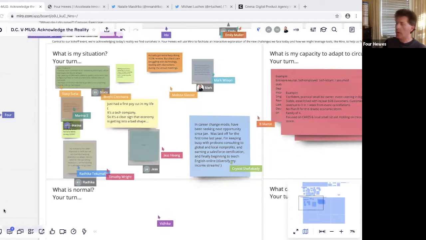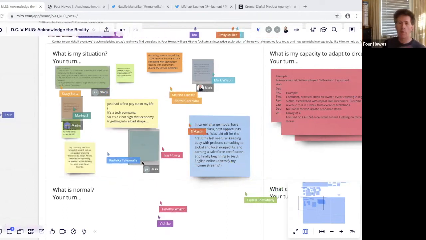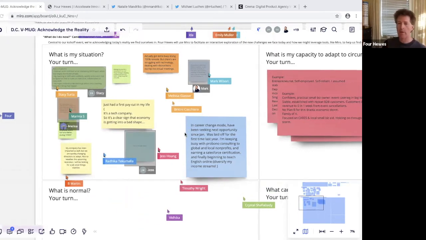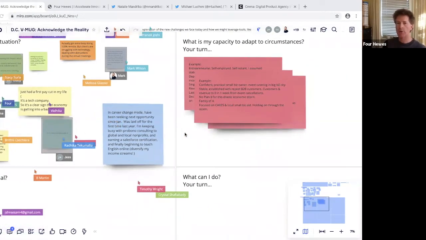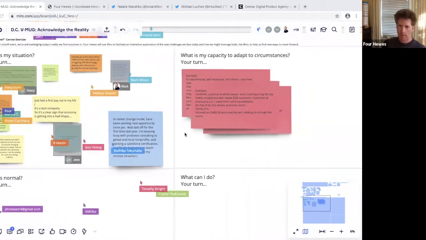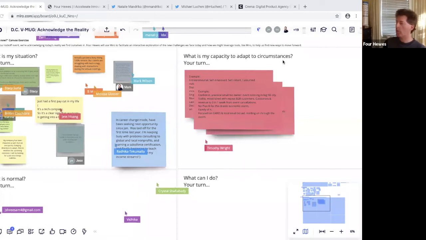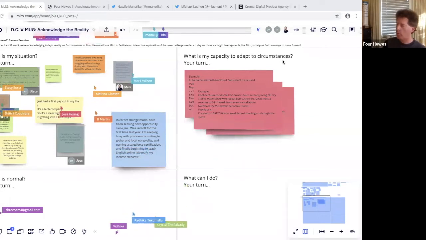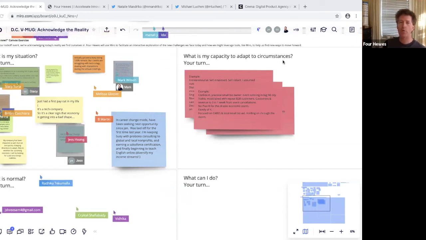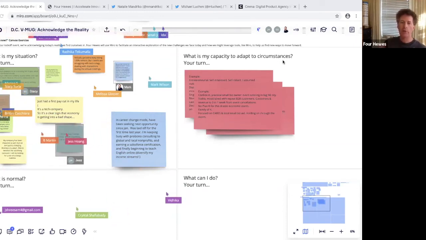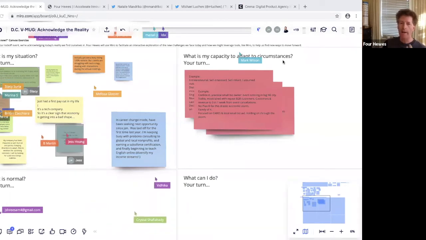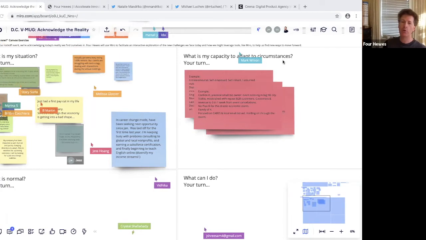And I'll tell you the second question. When Natalie and I were first talking about this and we were drafting it, what I said was, okay, that's your situation. What's your speed? And Natalie kind of looked at me like, are we having this conversation while you're in a car? What are you talking about? And what I realized from her very forward, helpful feedback is I was really thinking about how adaptable do you feel right now? Things are changing around us a lot and at different speeds and often much faster than we're used to. And how would you characterize how adaptable you feel?